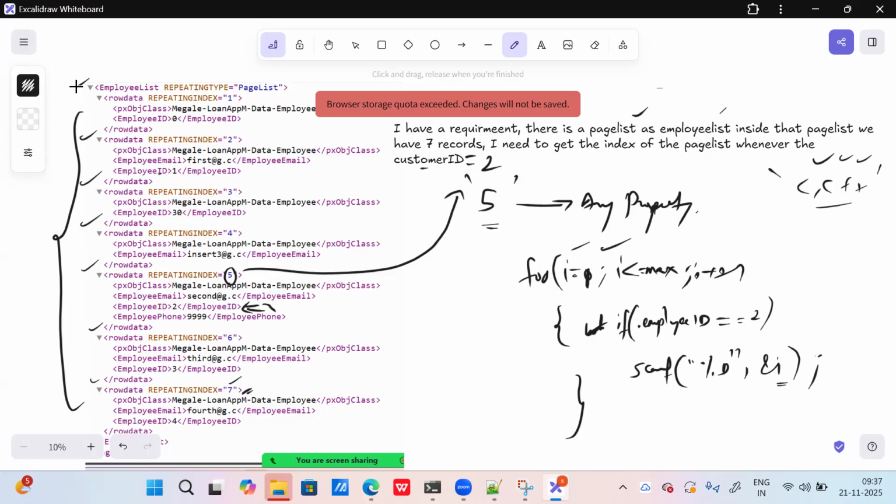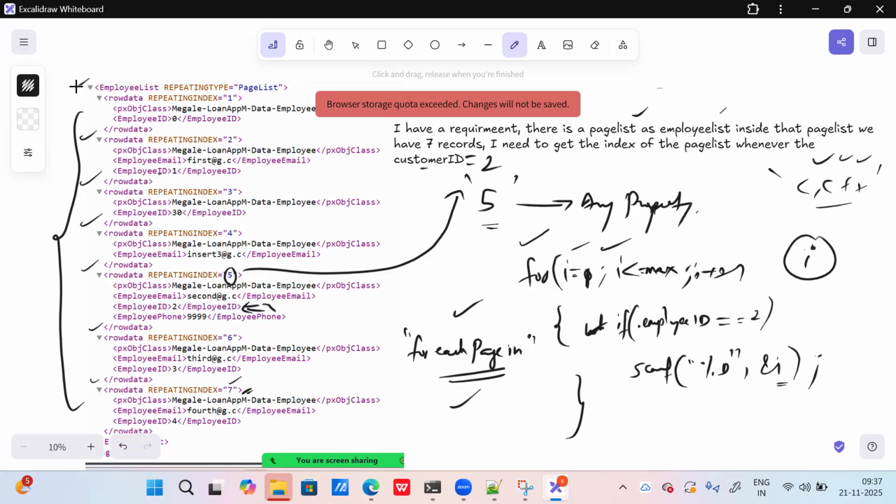If I want to do something with respect to some details, I use a for loop, because for this page list I need to loop through the entire page list. So here comes the method called For Each Page In. We have a page list, I check inside each and every page, and I check a condition: when employee ID equals 2, which value do I need to return? In C, I have the I value. But in Pega, what value are we going to return? That we are going to see on the tracer. I'm not going to reveal it now.